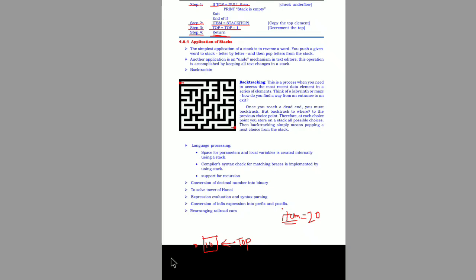If you perform the pop operation once again on this stack, this 10 will be copied into a variable called item, and then we decrease the top value further. If you decrease further, what happens? 0 will become minus 1, right? Top is equal to top minus 1, so top is equal to 0 minus 1, which is minus 1. In programs we actually use minus 1; in the algorithm they have given it as null. So if there is only one element and you delete that element from the stack, the top will be set to null. The stack is completely empty now.